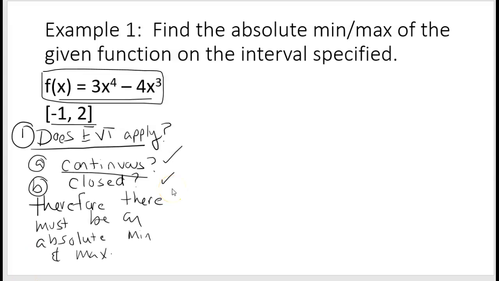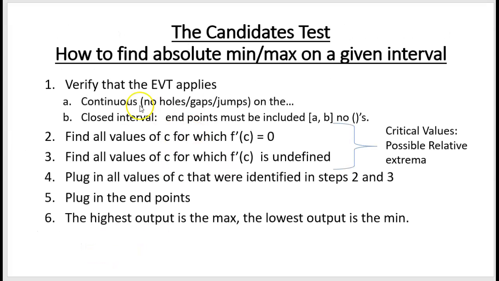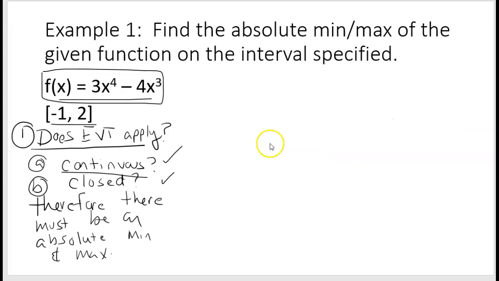All right, now that's step one. Now, there's a lot of steps in this process. So if you start to feel a little bit overwhelmed, I'm going to encourage you to go back to this slide because I'm just following these steps. I just did step one. I verified that the extreme value theorem does in fact apply. Now I'm going to move on to step two. Find all the values of c for which f prime of c equals 0. So for step two,